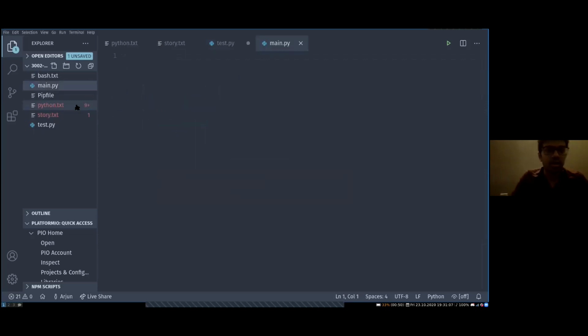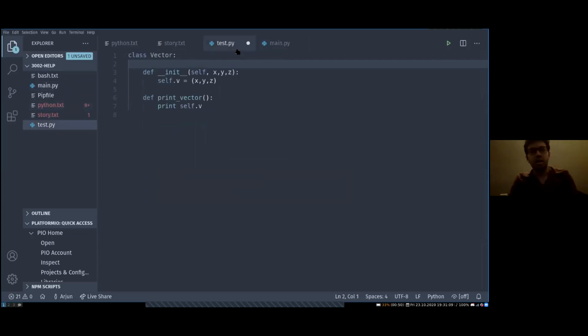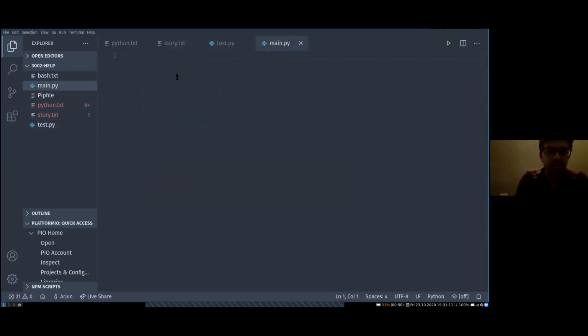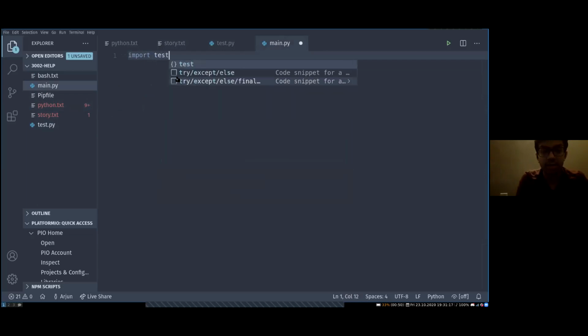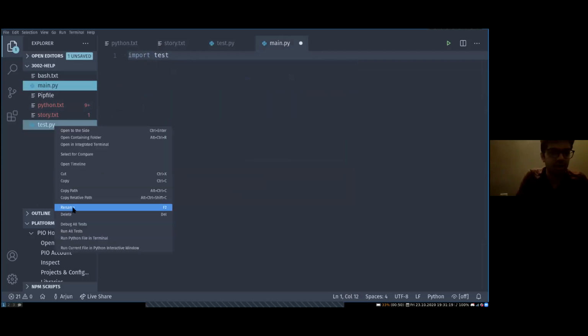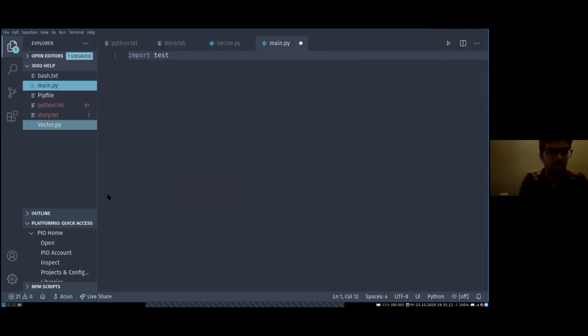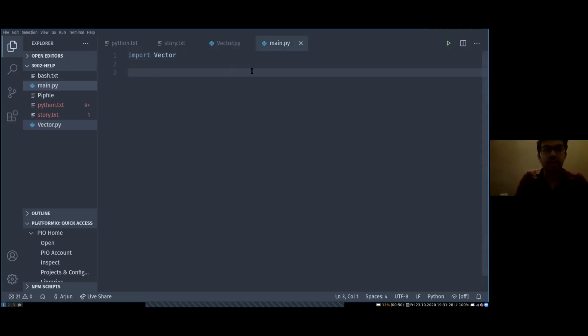Let's say we wanted to use our class in main.py. So we do import and then the name of our file, but without .py. So we're going to rename this file and call it vector.py. And then we need to import vector. And now we can use the vector class in our main file. So we can do